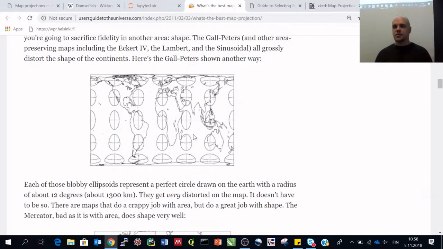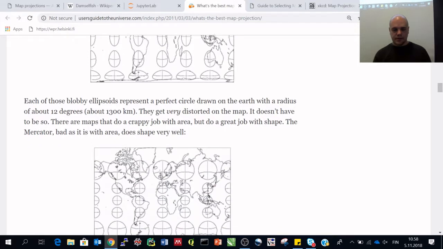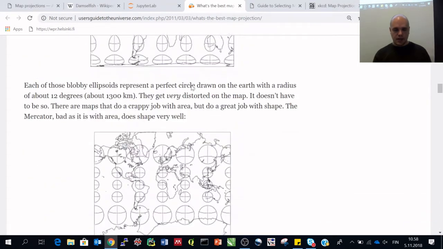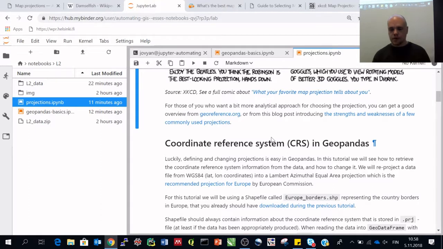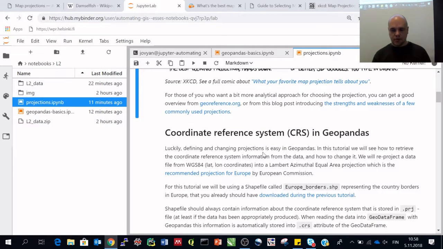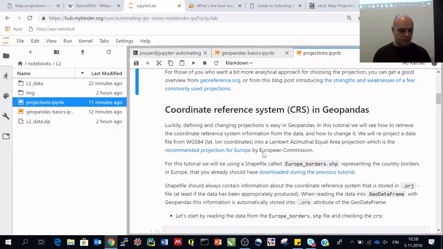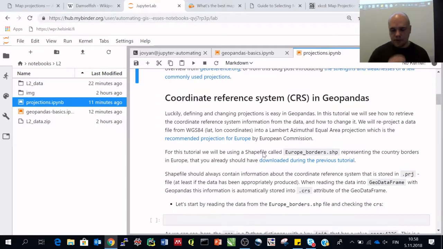And it has nice illustrations of what actually happens if we try to draw, for example, a circle using a specific projection and how it distorts in different areas and so on. So take a look at those links if you're interested. I recommend taking a look at those so that you can get a bit more understanding of